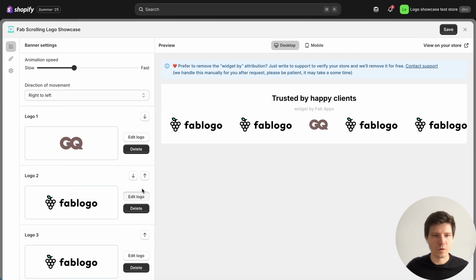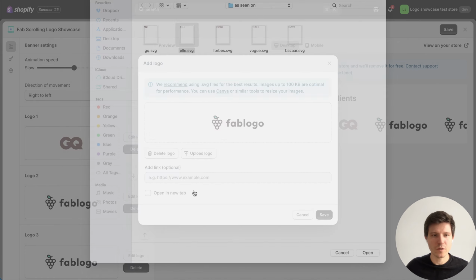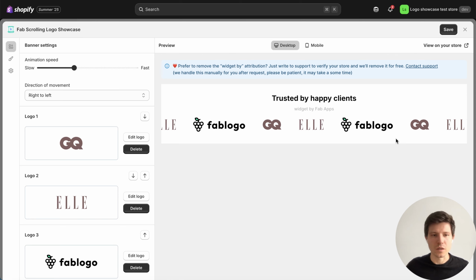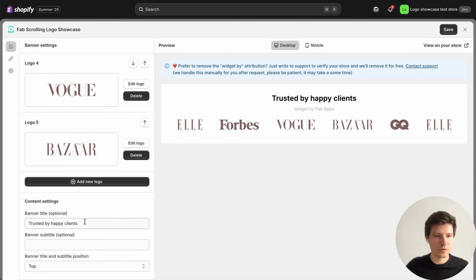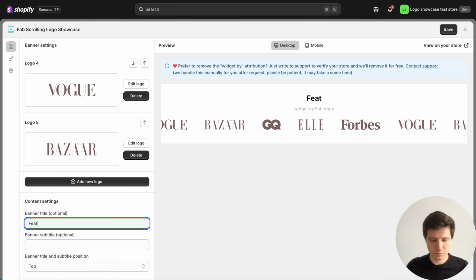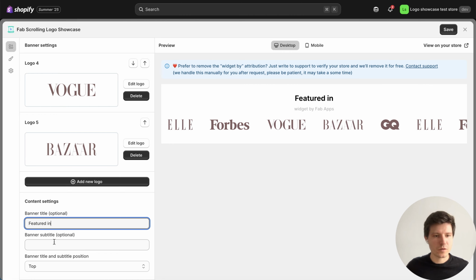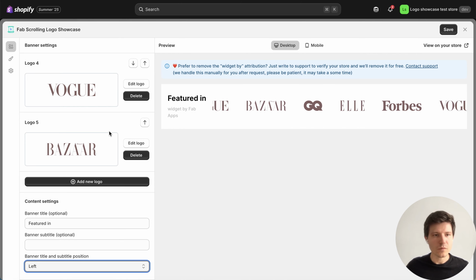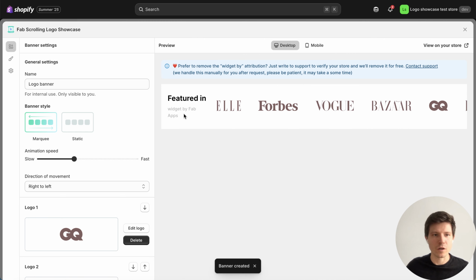Let's upload our logos. I will upload one by one. I have 5 logos. Great. Now I will change the title. And I can also place it on the left side by this setting. Good. Let's save our changes